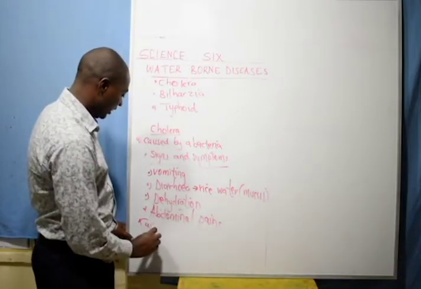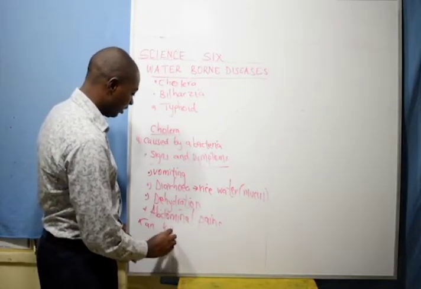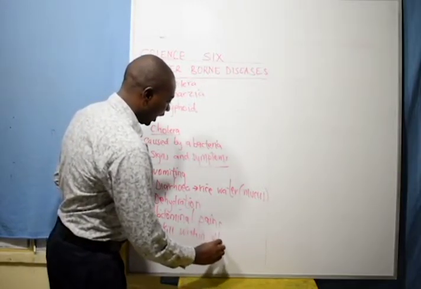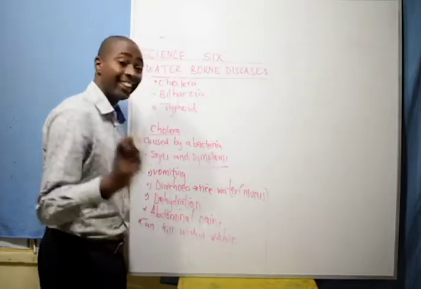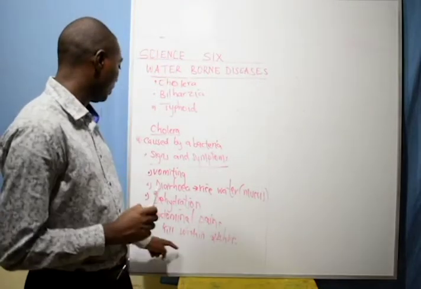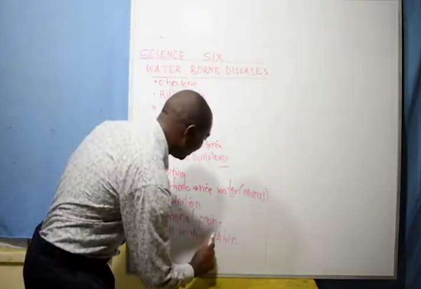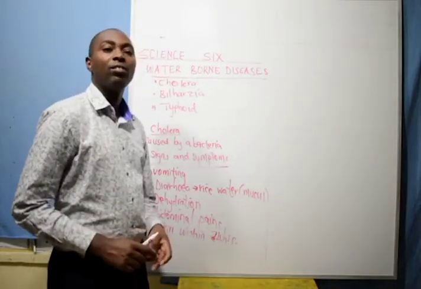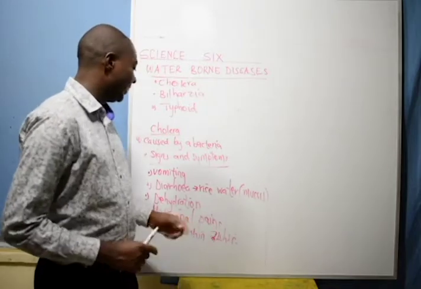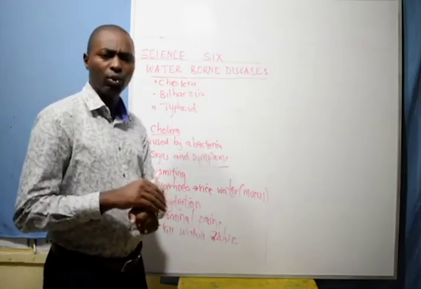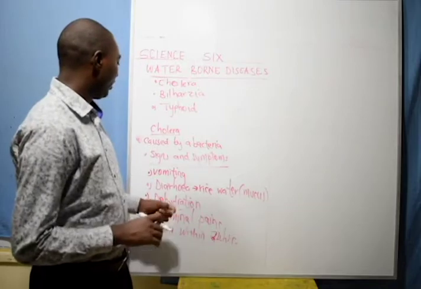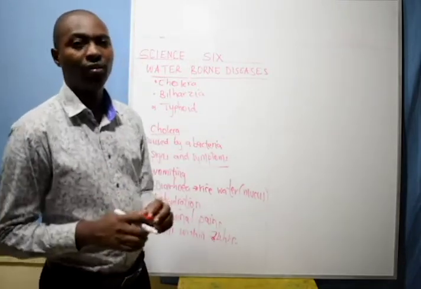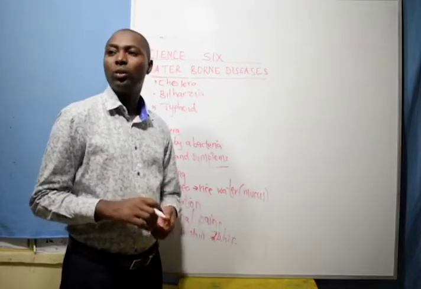If not treated, it kills within 24 hours. And therefore, the moment there is an outbreak, the government encourages people to observe proper hygiene, mostly to cover your food, because there are some vectors that can transmit the same disease, and these vectors are like flies. Flies are known to transmit